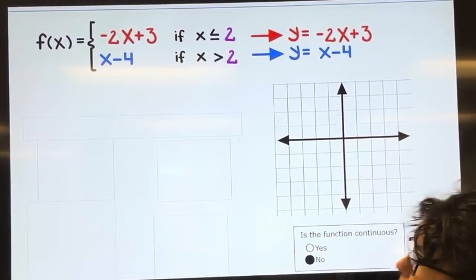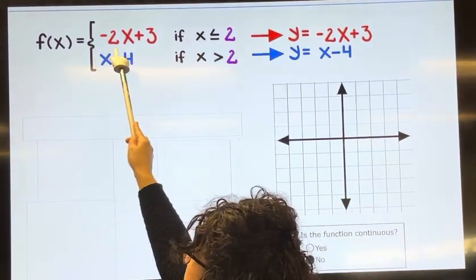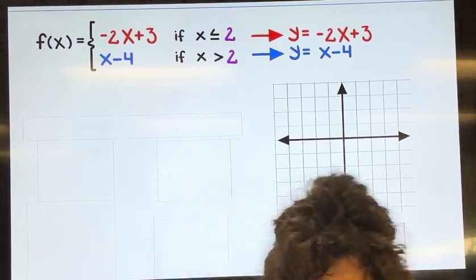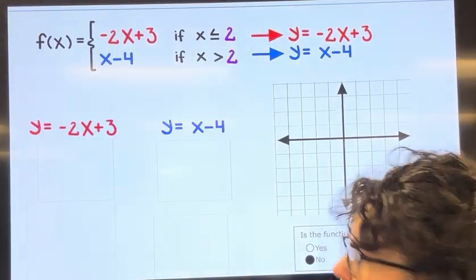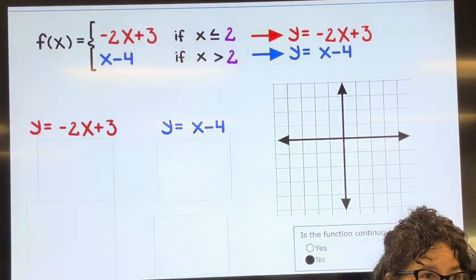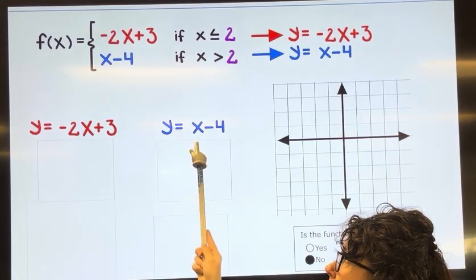To graph this piecewise function, we really have two separate equations. F of x equals negative 2x plus 3, and f of x equals x minus 4. In other words, y equals negative 2x plus 3 and y equals x minus 4. If I were to graph these lines,